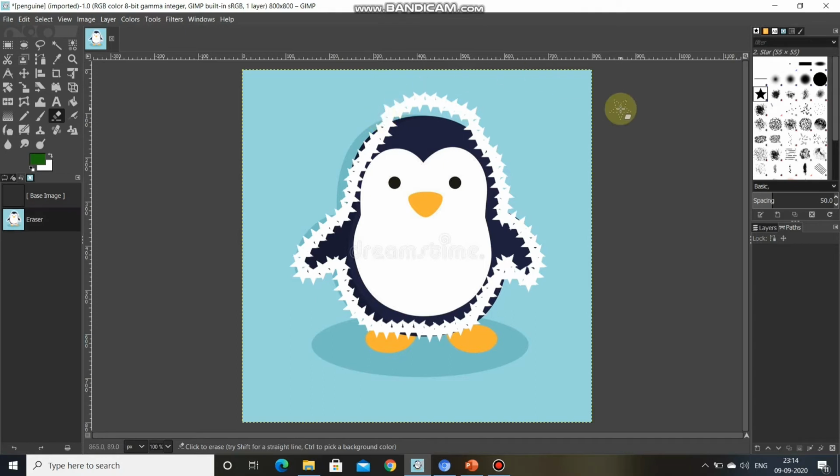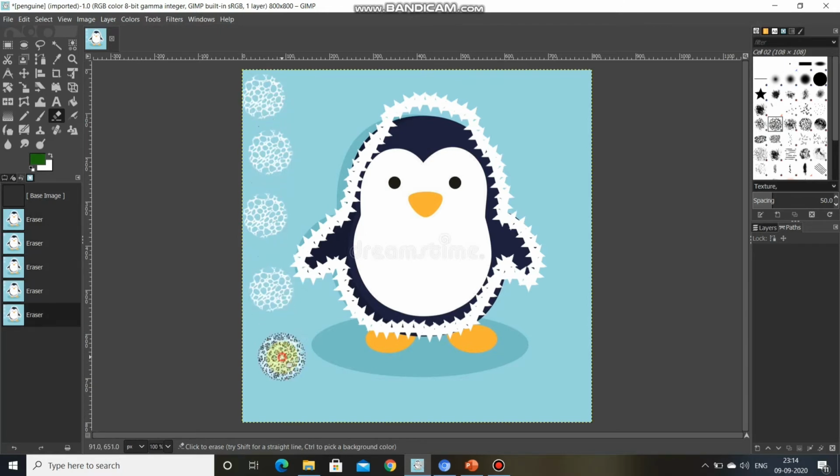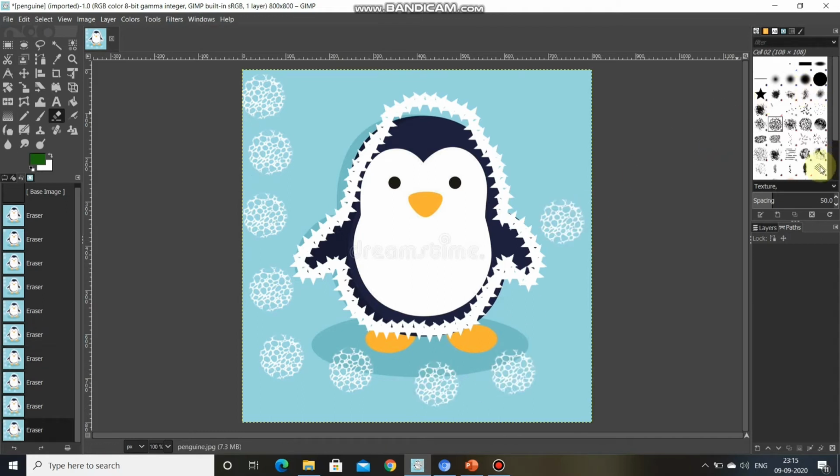Just like this, we can choose any one of this. Okay, for instance, I want this brush, so I'll choose this one. Okay, now see what it will do. Can you see different kind of brushes there? We can design it from here also. If I want this brush, this line brush, just see. We can choose the brush according to our choice. If we want to make changes by this brush, we will click over here.